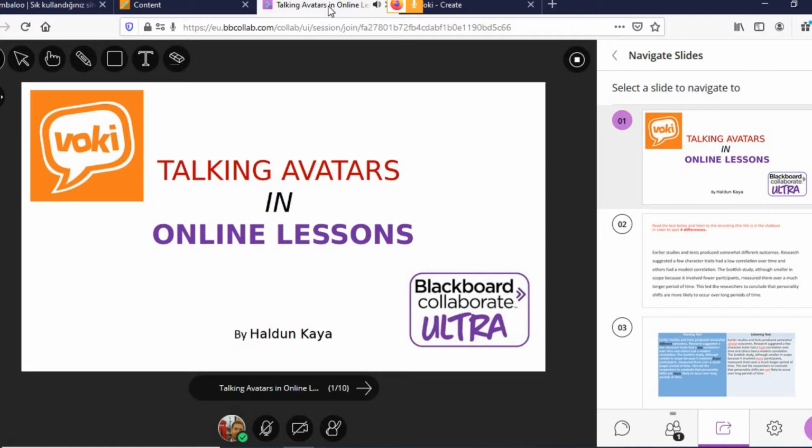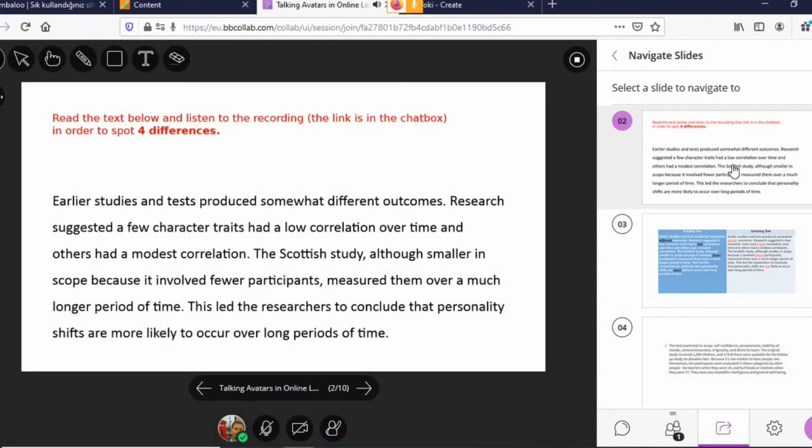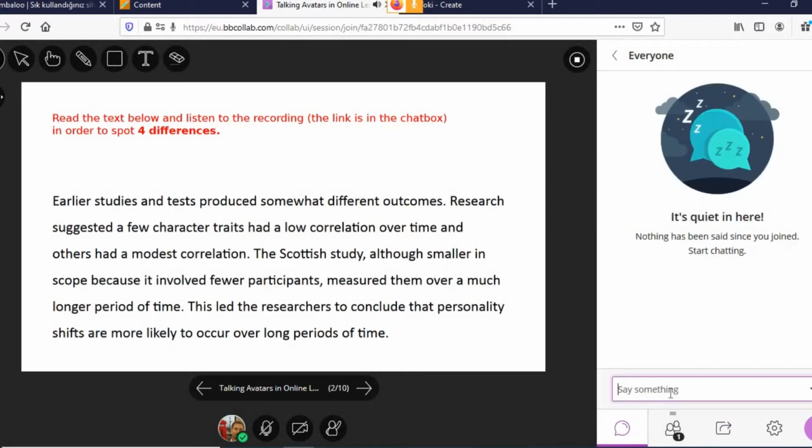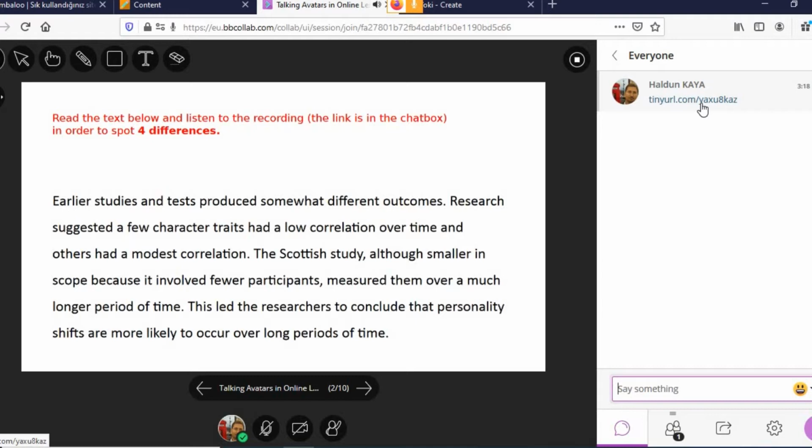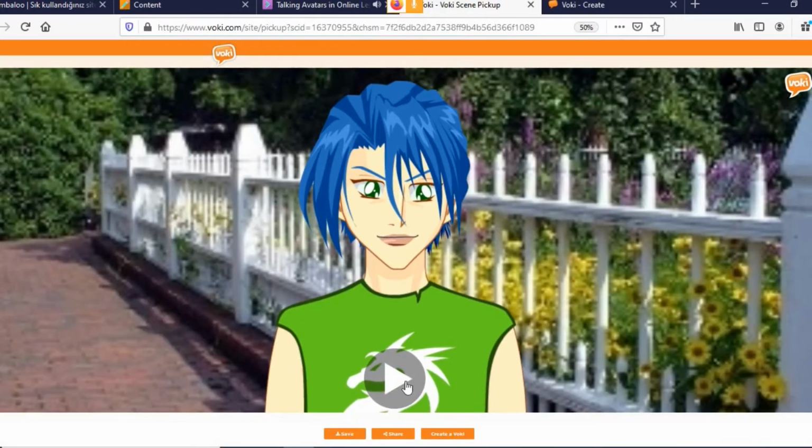In fact, we can turn our reading lesson into an integrated skills one. How? Think that this is the paragraph that we ask our students to read. You can ask them to read the paragraph first and then listen to the text to spot the differences. We can share the link with them. When they click on the link and then play the recording,